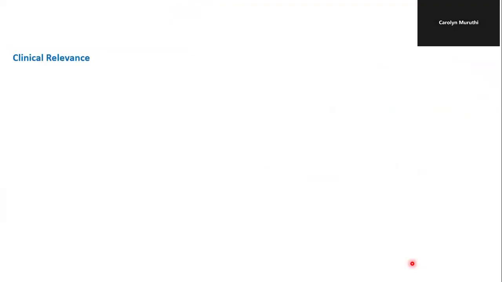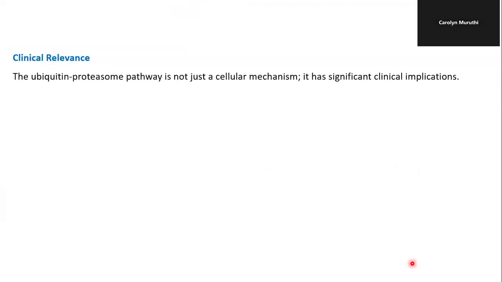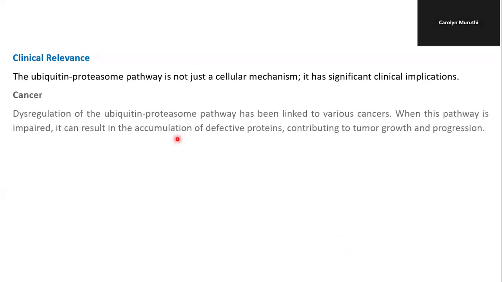What's the clinical relevance of this pathway? So we see that the ubiquitin proteasome pathway is not just a cellular mechanism. It also plays other significant roles clinically. First, in cancer, where we see that dysregulation of the ubiquitin proteasome pathway has been linked to various cancers. When this pathway is impaired, it will result in accumulation of defective proteins, which will contribute to tumor growth and